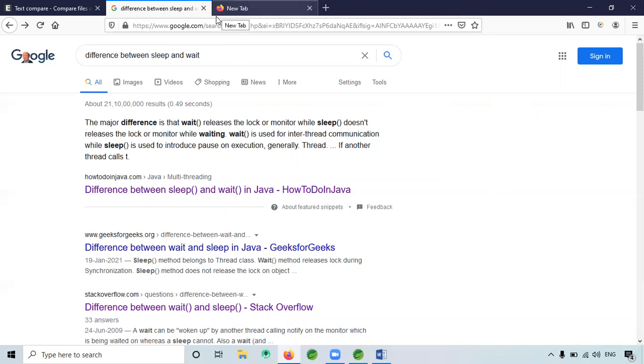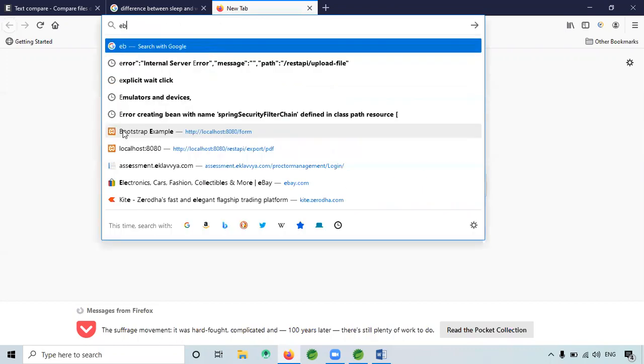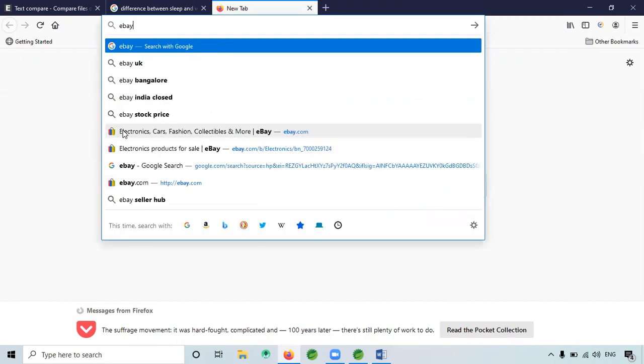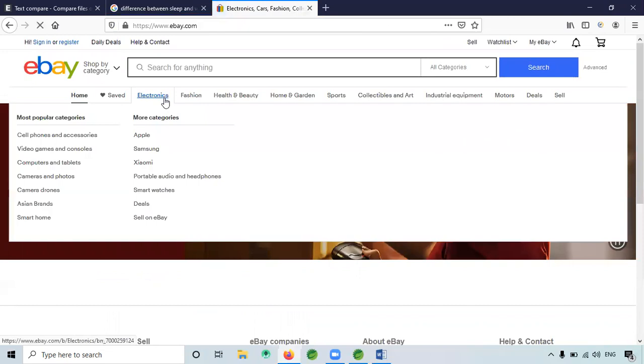But sleep means it will go to the pause state, and the thread will come back. So it's not recommendable actually, but still you can perform so many things.